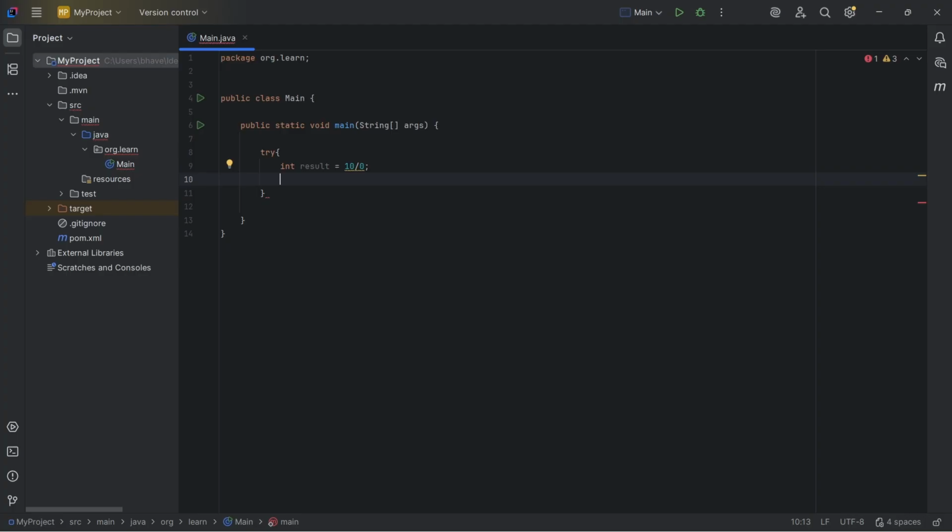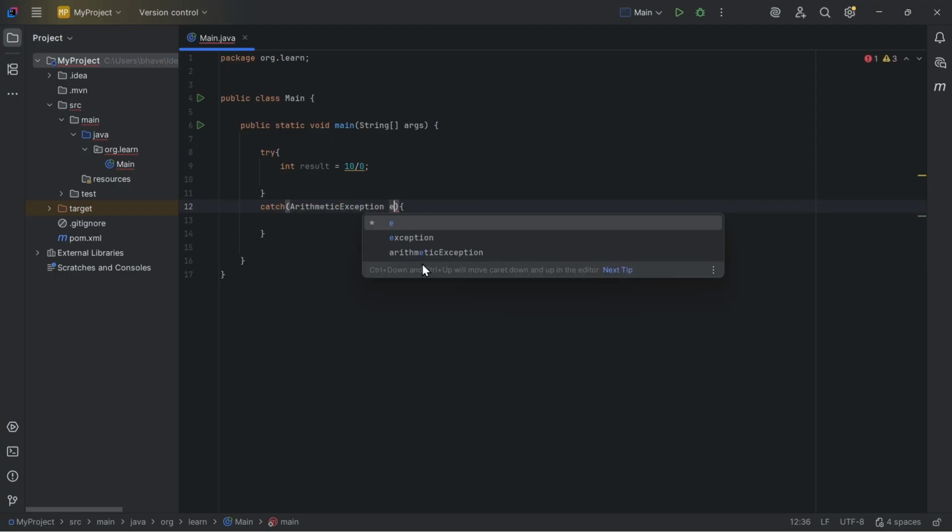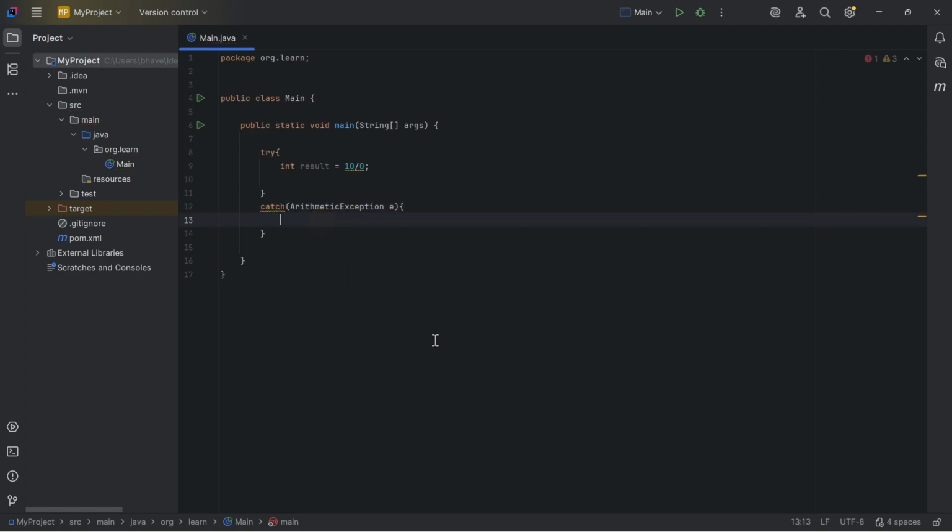Now in the catch block, okay, in the catch block I will handle arithmetic exception, and here I will write